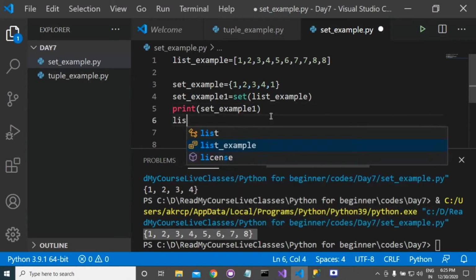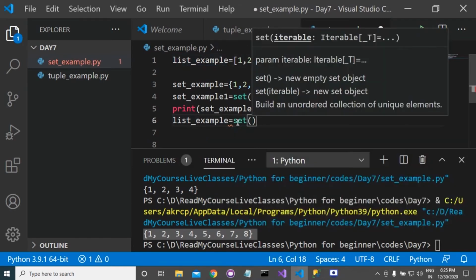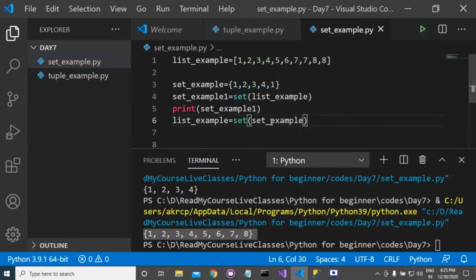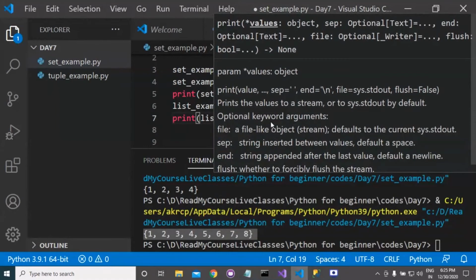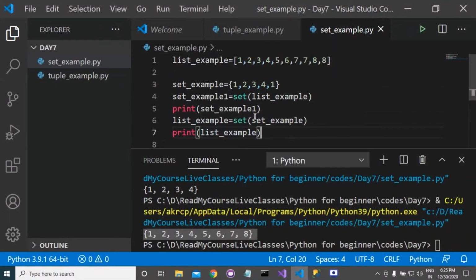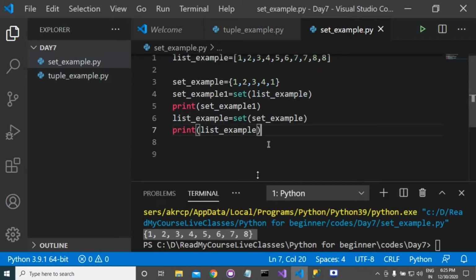And if you now want to modify this list, then you can write here list of set example. And if you print this, by this way this list will be converted to a list that will have only unique elements.